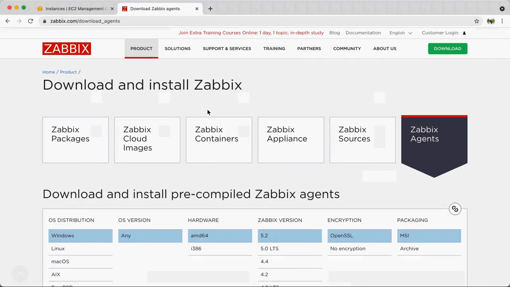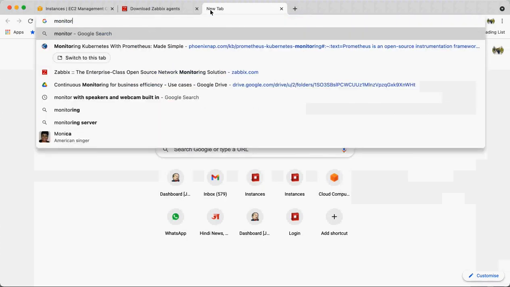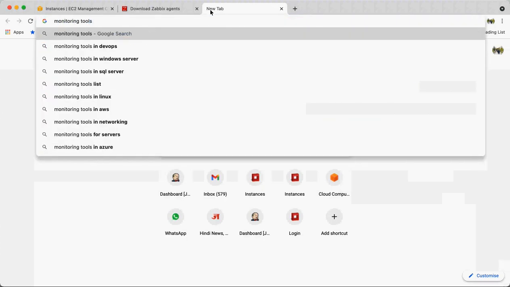Okay. So I hope till now you are able to get what monitoring tools are, and probably Zabbix would make better sense, because it is easier to install and easier to manage. Though there are many other monitoring tools.